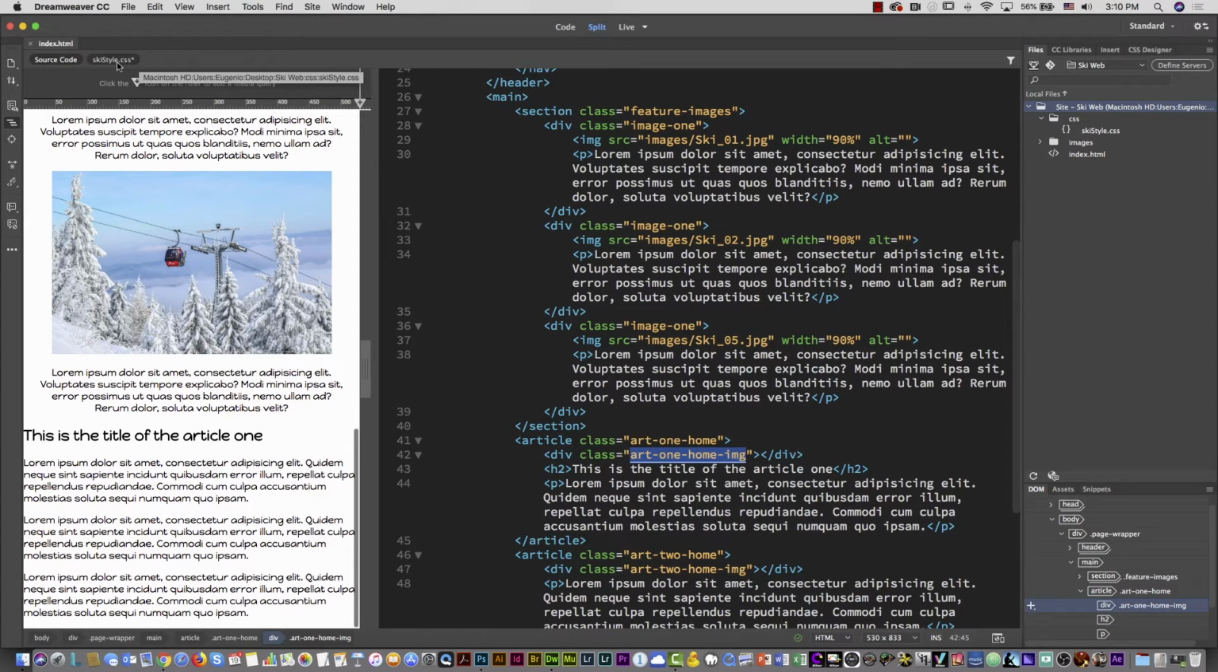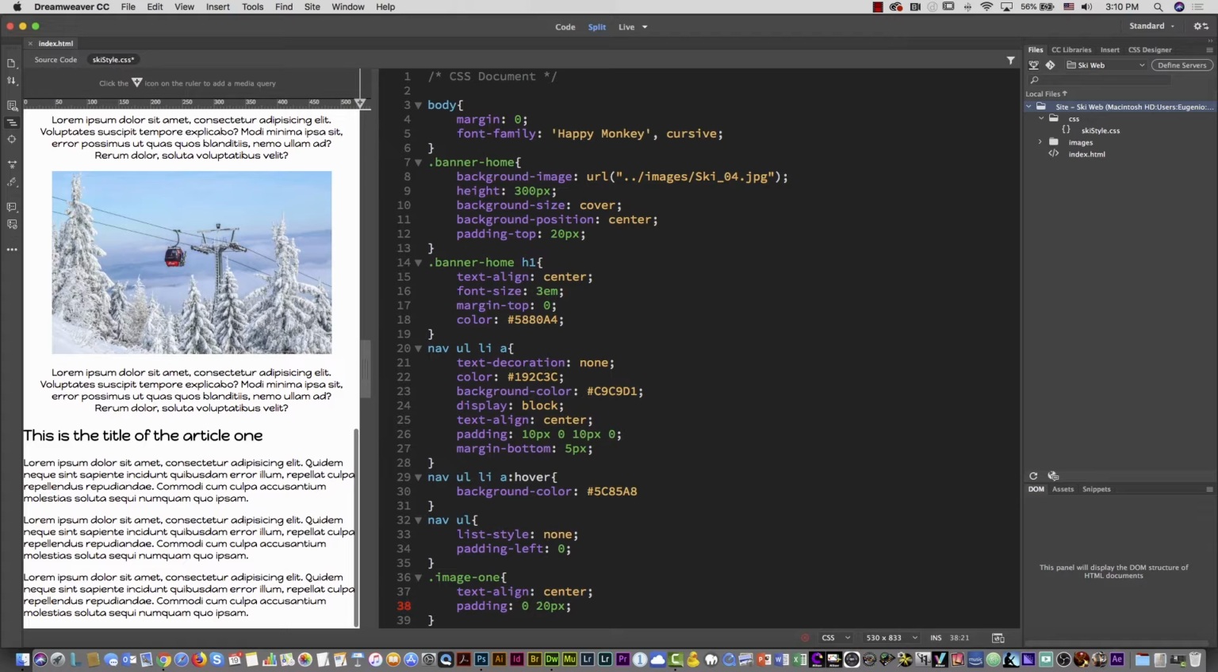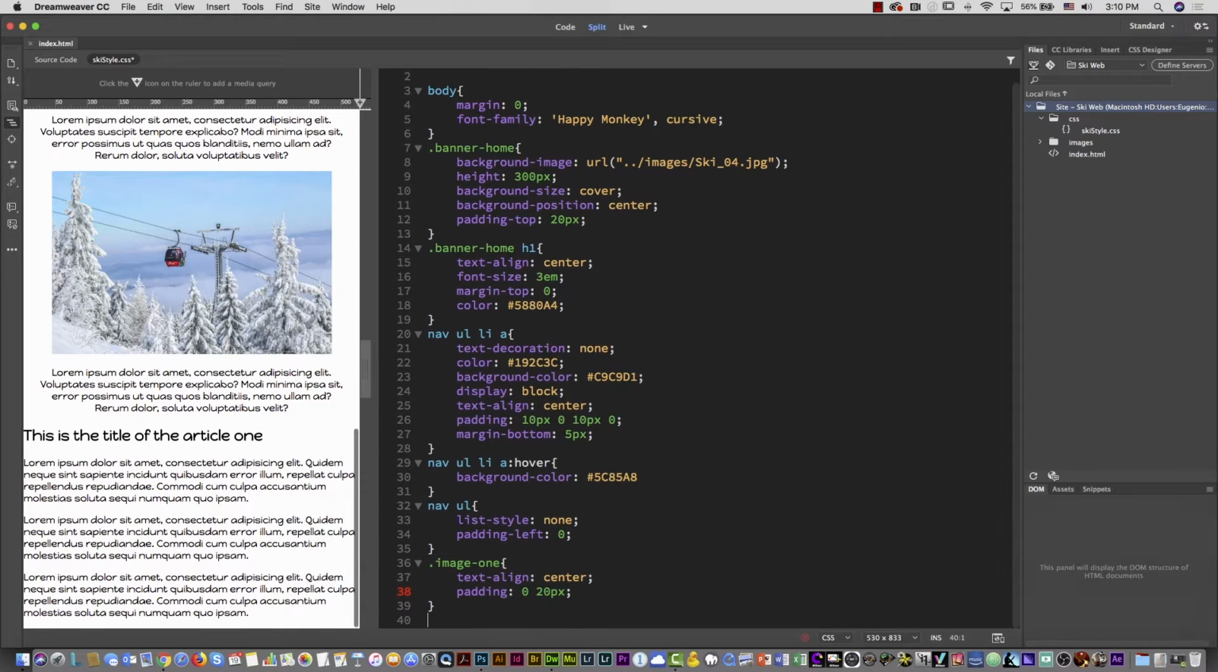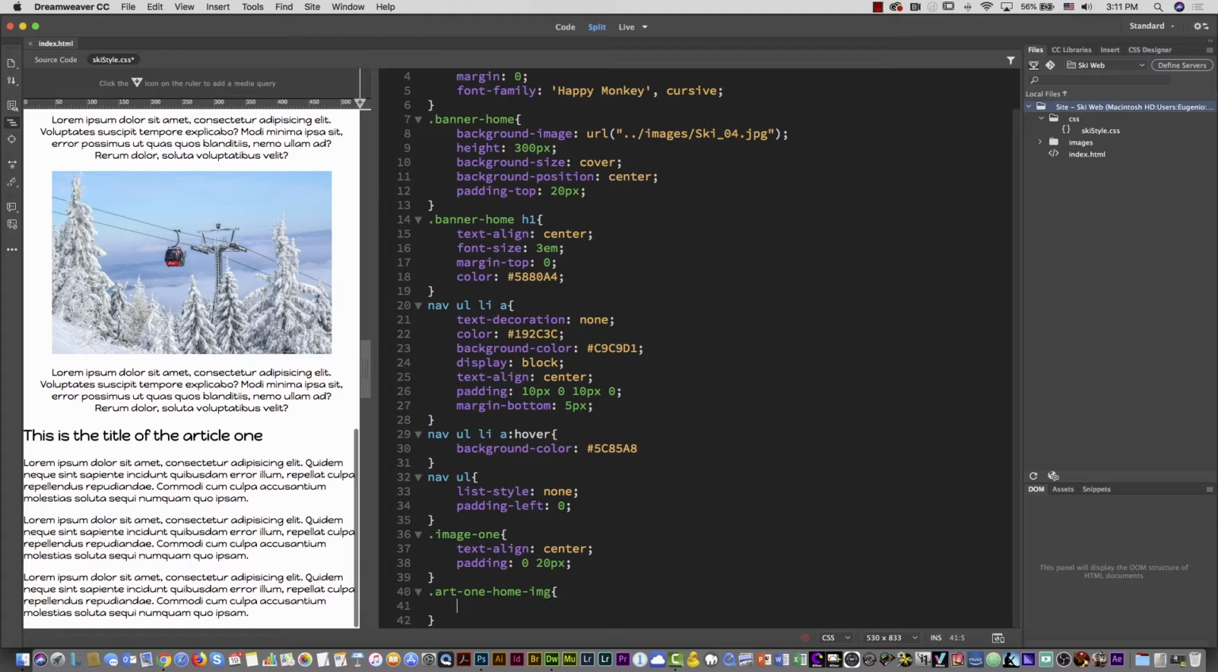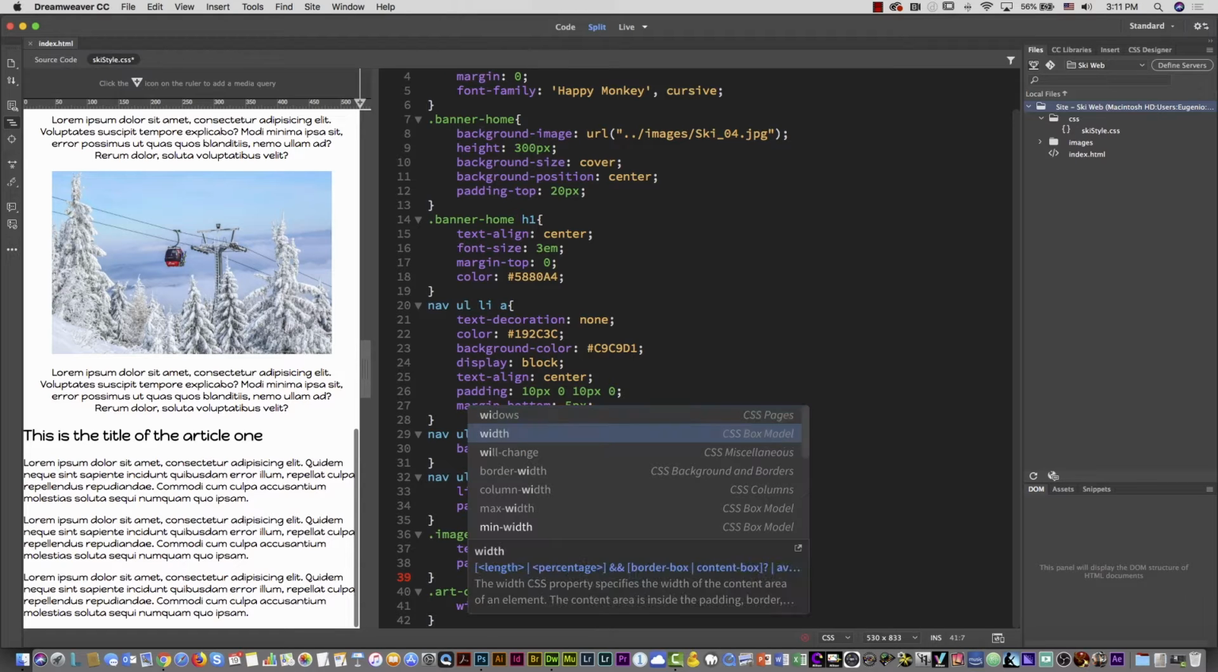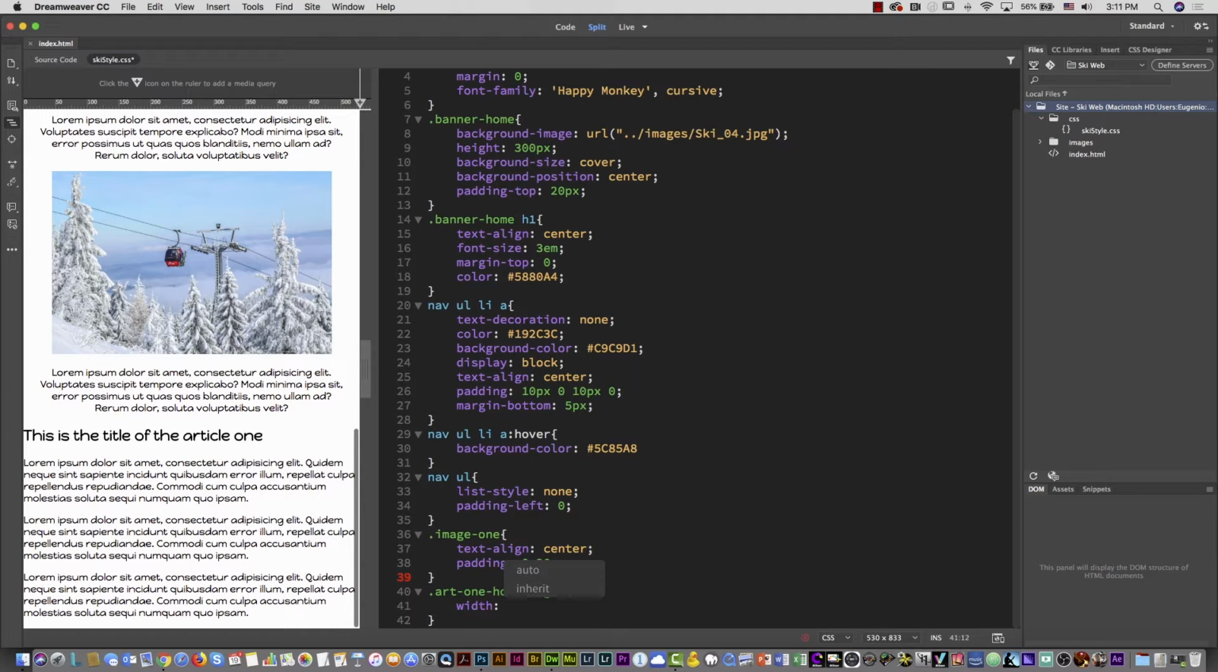I'm gonna go here to my style, put here at the end, type period, and then ART, and you can see the article 1 home image. This is the one that I need. Then I'm gonna open and close the curly brace, and here I need a width and a height. First, the width is going to be 100%,